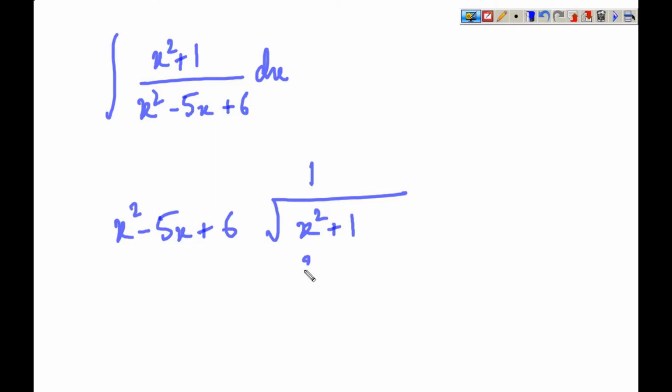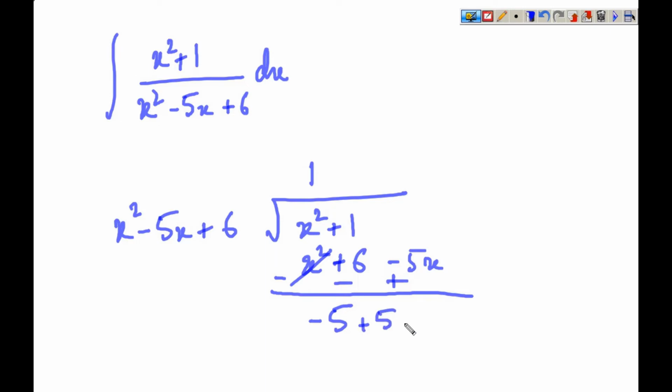So we have x squared same, and minus 5x times 1 will be minus 5x, but we don't find any similar term here, so we just keep it at the side. But here 6 times 1 is 6, I'll write 6 under 1, and then subtracting everything we get the remainder as minus 5